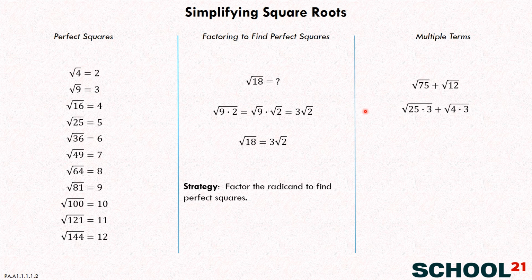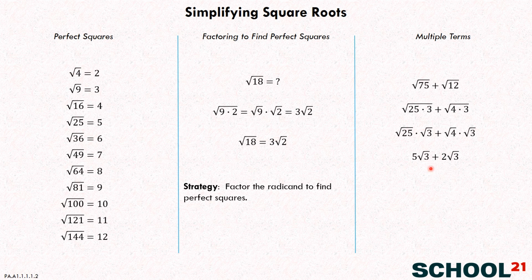Yeah. Okay, so then what can we do with this 25 and 3 here? Just like what we did over here. You separate them? Yep, you go ahead and separate them. So let's do that with both of those terms. So this is the square root of 25 times the square root of 3, and this over here is the square root of 4 times the square root of 3. Make sense? Yeah. Okay, now what's the square root of 25? 5. Good. And what's the square root of 4? 2. 2. Okay, so we can now rewrite this as 5 times the square root of 3 plus 2 times the square root of 3. Does that make sense? Yeah.